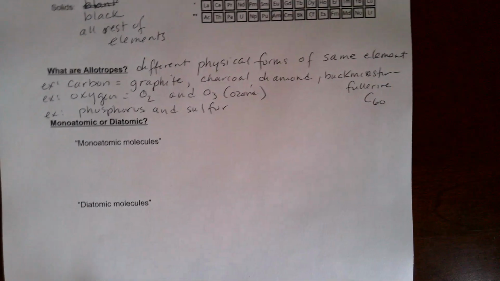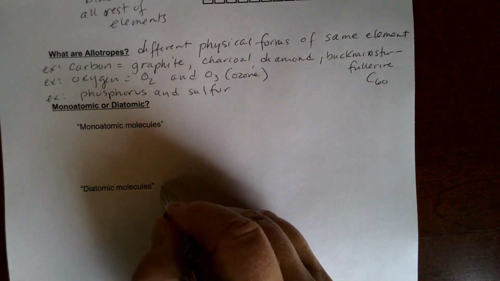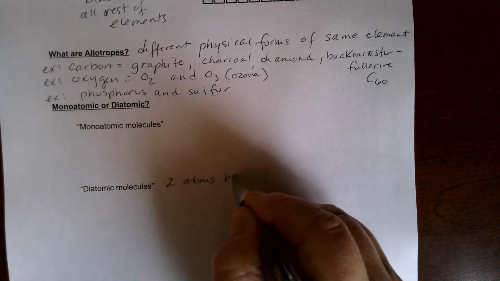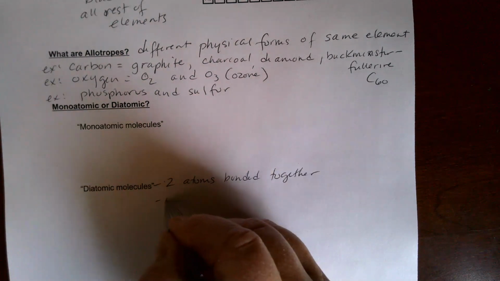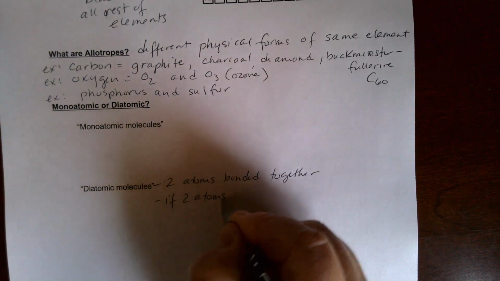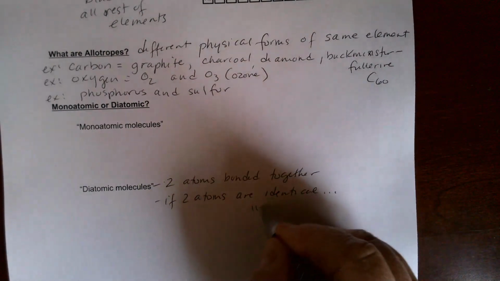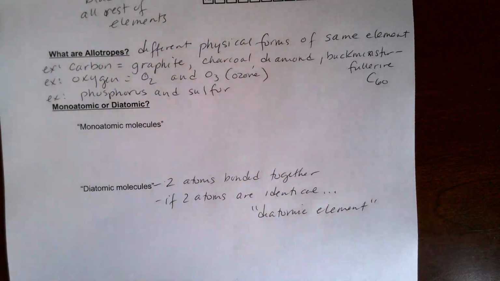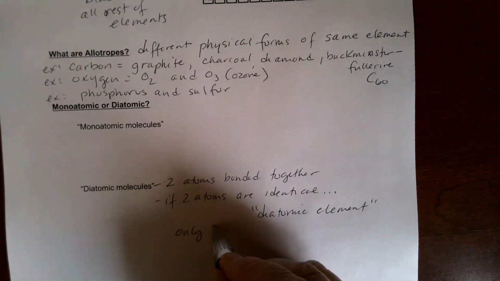One last thing, this is sort of a mop-up thing here, but monatomic or diatomic, right? Diatomic molecules, let's start here. Diatomic molecules are when you have two atoms bonded together. If the two atoms are identical, it is what we call a diatomic element. There are only 7 elements that do this. Only 7 elements